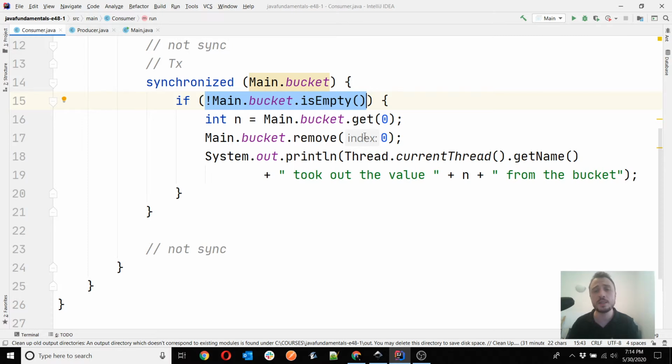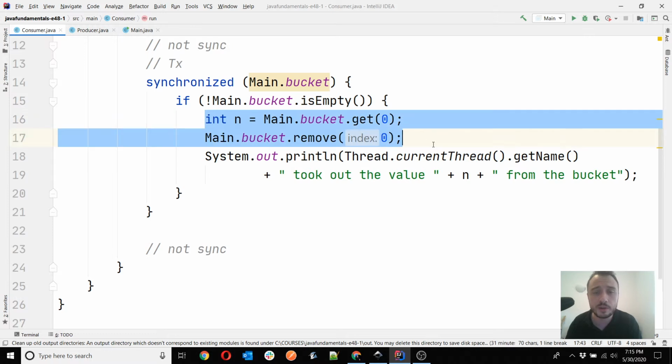So okay, we have focused on what happens if the condition is true. We know if the condition is true, in case of the consumer, we are going to consume one of the values in the bucket. Because if the condition is true, it means that the bucket isn't empty. If it isn't empty, it means that it has at least one value. So then we can go further and consume one of the values. It can be the only one or one of the multiple values you have there.